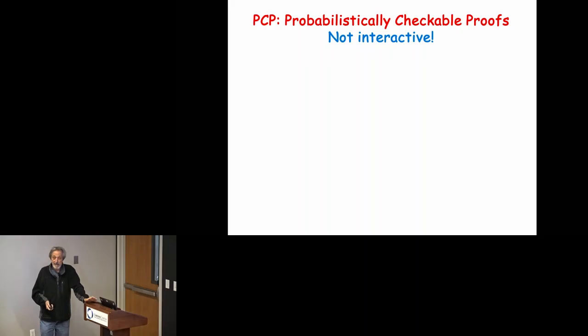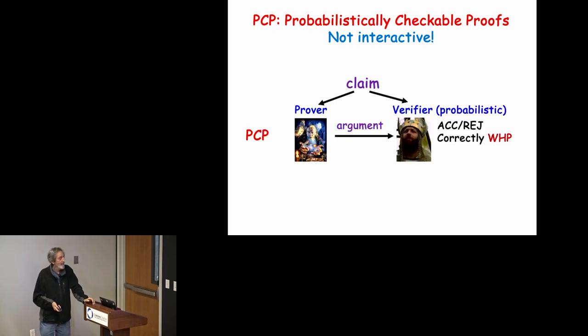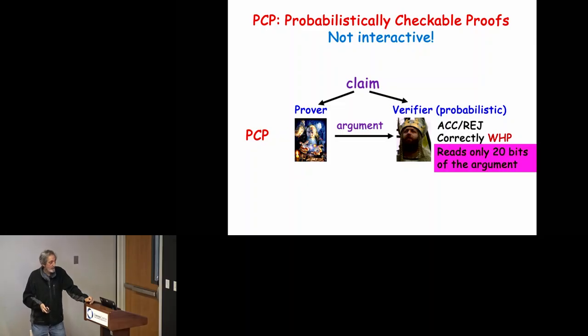So it's back to the normal non-interactive proof system. There's no interaction, there is randomness. So here's the PCP proof system. It looks just like the NP proof system, right? Only the verifier is probabilistic, and we allow some tiny error, but the prover sends one message to the verifier. But again, we put a restriction, and the restriction here is very severe. We allow the verifier to read only 20 bits of the argument. They can be random locations, but only 20, or some constant that you can choose, no matter how long the argument is.